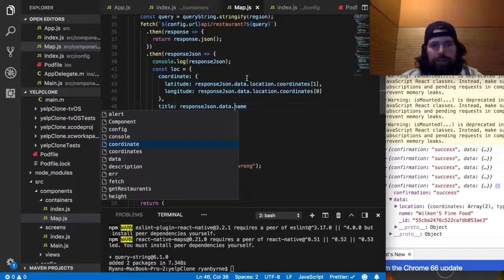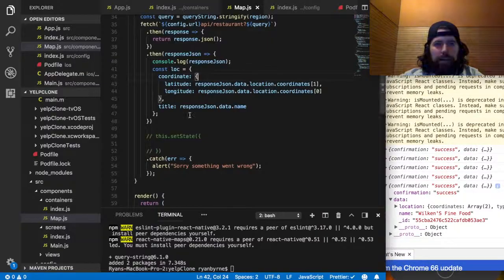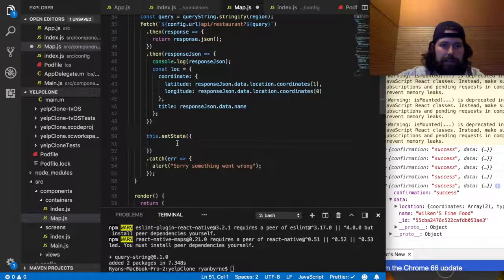But let's just do this for now. And then I want to set state. I'll add it to our queue of other stuff for now. I'm going to say let new markers